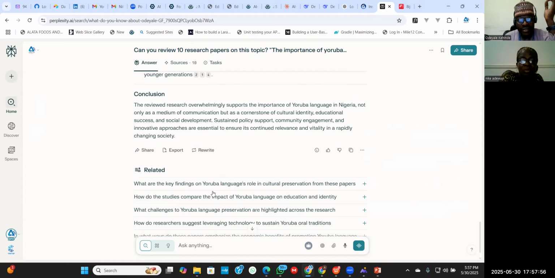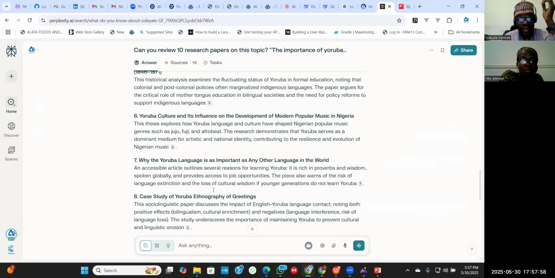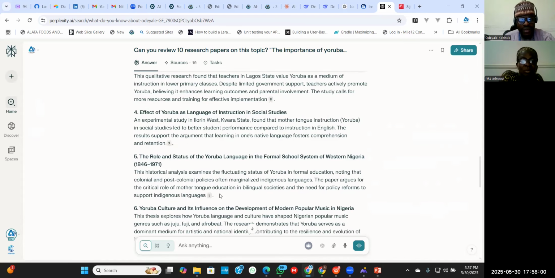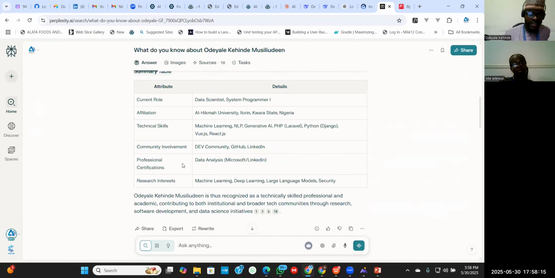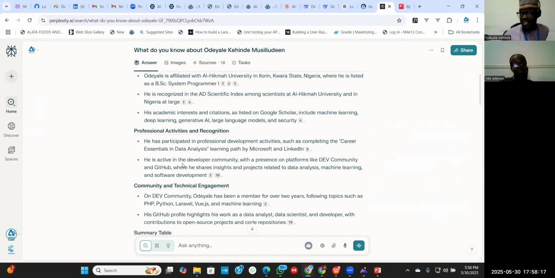So you can now download all the papers to get more information about it. Even if you enter 20, it will generate 20 papers. Okay, so that is that. Just try to explore those AI tools so it will make the work easier and faster.